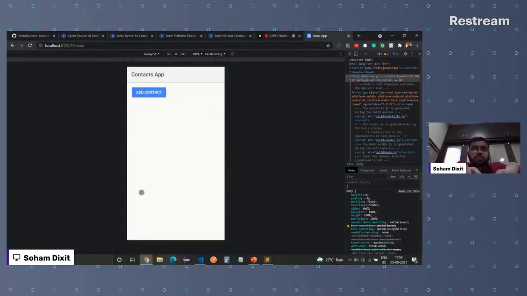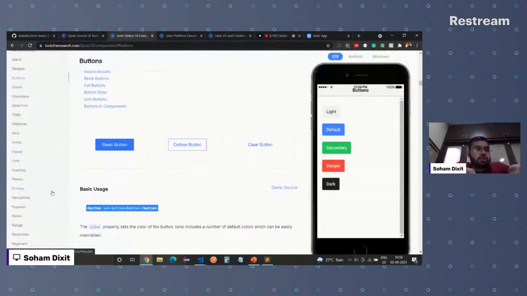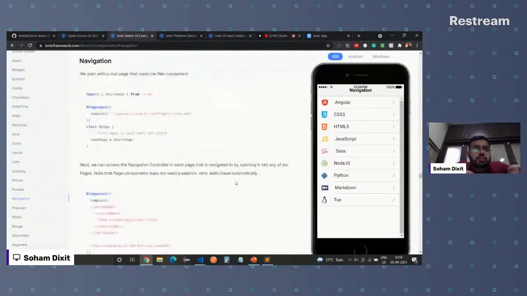But we also are going to display a list of contacts over here. So why not have this button somewhere at the bottom? How about having a bottom nav, or a footer? Can we do that? Let's see if we have some component readily available. If we have, let's use it. If we don't, let's create it. Let me see if we have something called a navbar, or something called a footer.